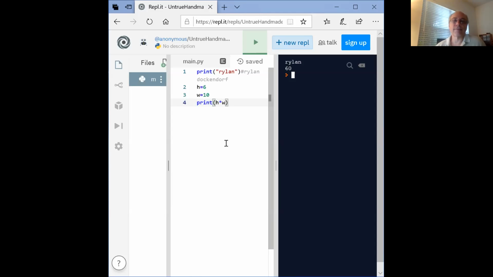I know this is only a sample program. I always avoid having a variable that is just one character, for several reasons. One is that they're hard to find, right? It's easier to find a big word than a small word. And also because when you start getting into a larger program, H and W could mean all kinds of things, right? It could mean number of hats or whatever.